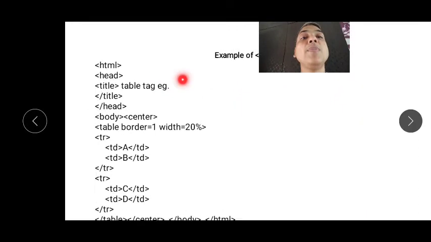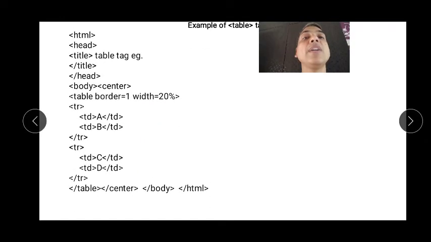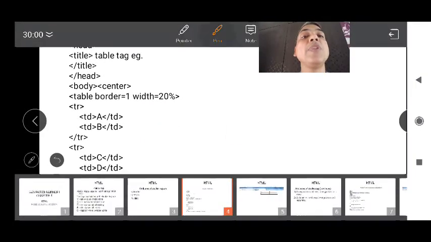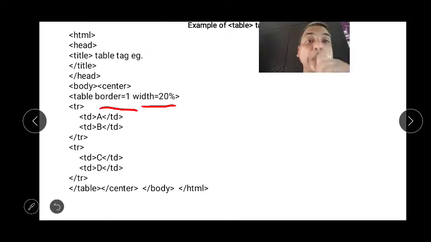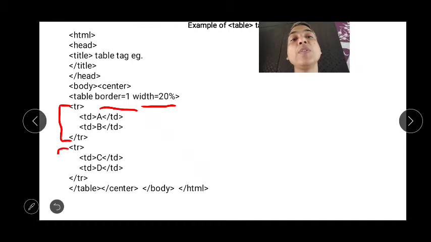This is an example of the TR tag. I have used different attributes like table border equal to 1, width equal to 20. Now remember a very important thing. Suppose this is your first row and this is your second row, so there are two rows.